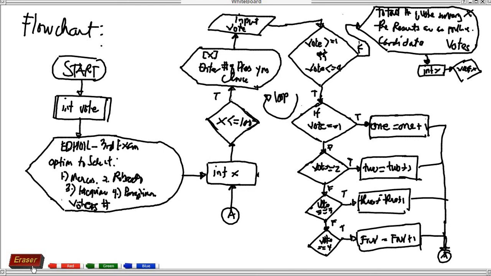Wait lang, di na siya maklaro. Ano na lang, ibang value na lang, ito say val na lang. Okay, so integer val, initialized val, and then we're going to have a condition if val is less than or equal to x. Okay, and then after that, if that is true, okay, that is true, then we are going now to display